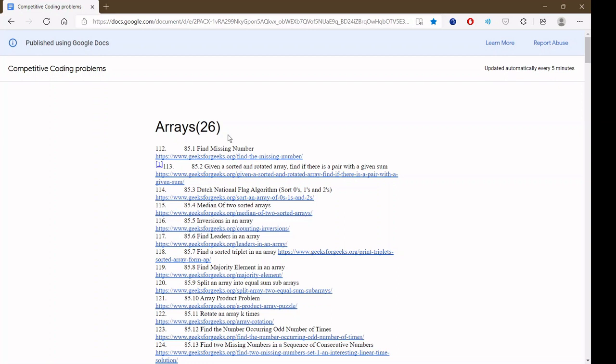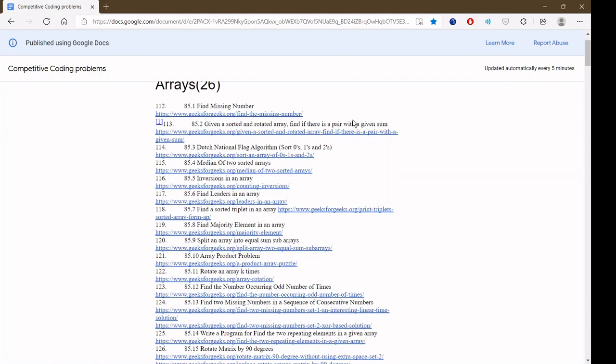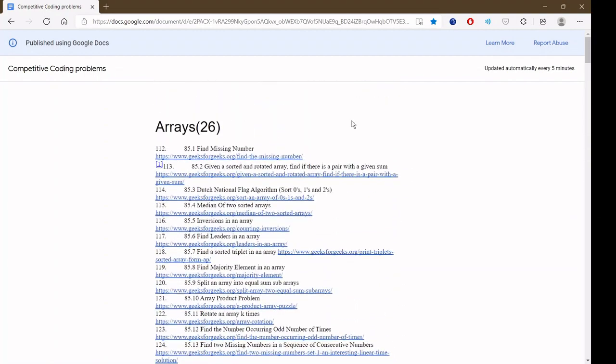My target is to share my learnings as well as good approaches, the questions, and where you can learn, and mostly the important questions, because you may not have time to do a multiple number of questions. So I have sorted out some questions. As you can see on my screen, in arrays I have shortlisted 26 questions. These 26 questions will give you clarity on how arrays work, and this will clear most of the problems you will find on LeetCode.